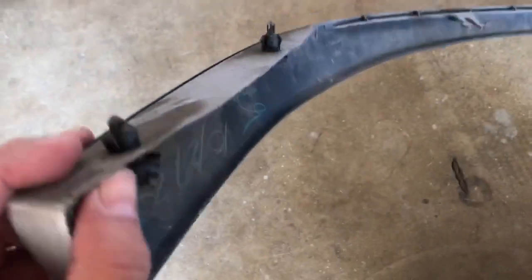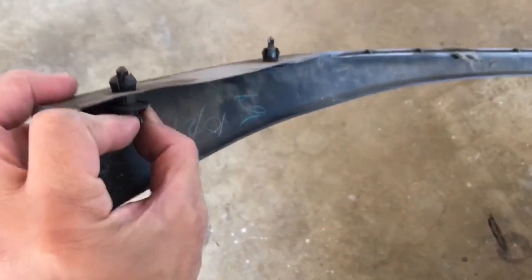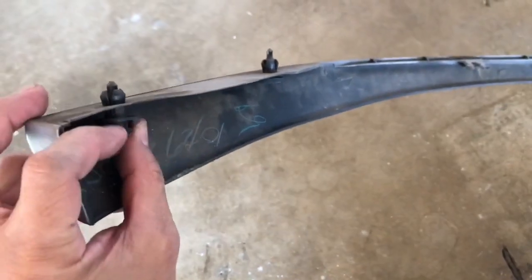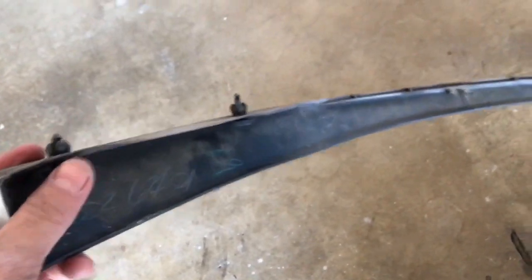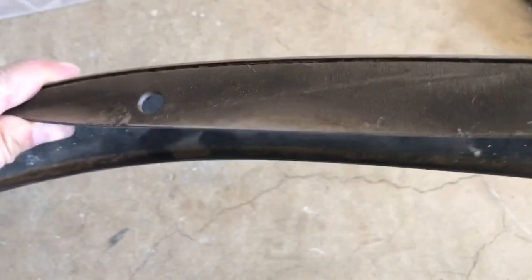Just have to be careful with these. On the corners, you gotta take these things out carefully, because I already messed up this side right here. I just kind of pulled it, so you just have to be careful with that. And then